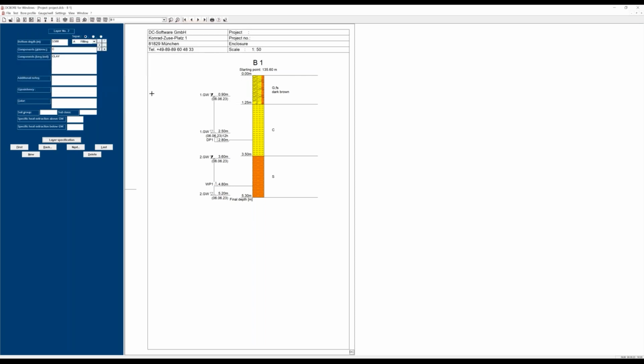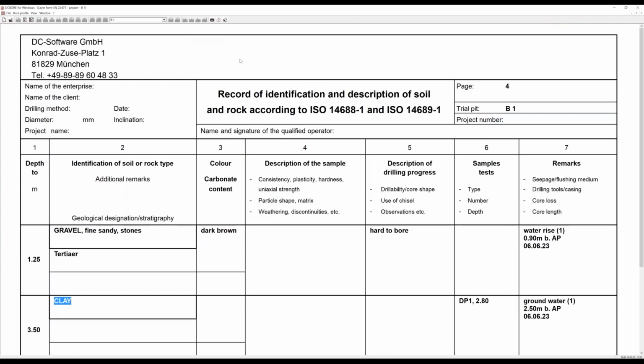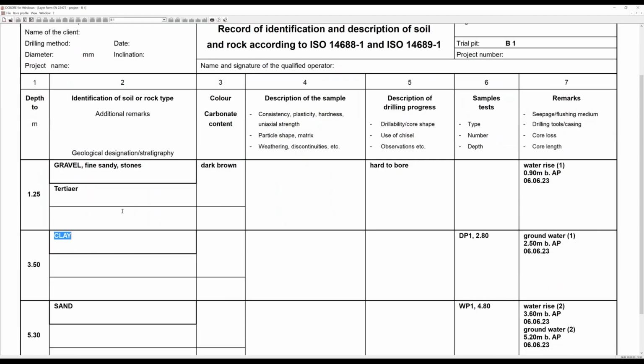This is one option to make the input for any special soil layer immediately, or you enter all the soil layers at once and then switch to the layer specification as a whole. So we have an icon here. You see a little borehole log and a little form here. This is to switch between the bore profile input and the form input. And here you see the complete form, which is defined in ISO 14688, again with all the information that we just entered